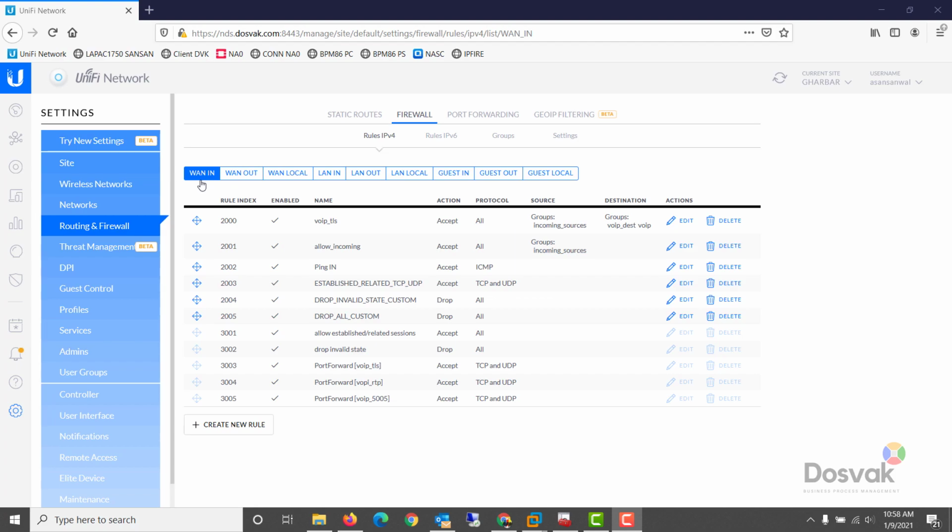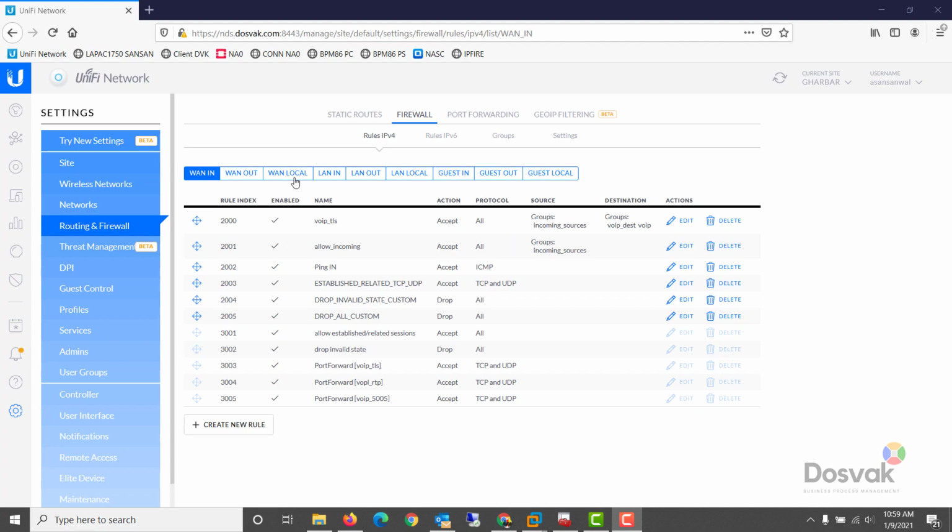So generally, we have various categories of firewall rules. WAN in is basically your entry point to your network. WAN out is all the connections going out from your LAN via the WAN interface to the internet. WAN local basically means the WAN side of your firewall device itself. Local stands for the firewall device itself.